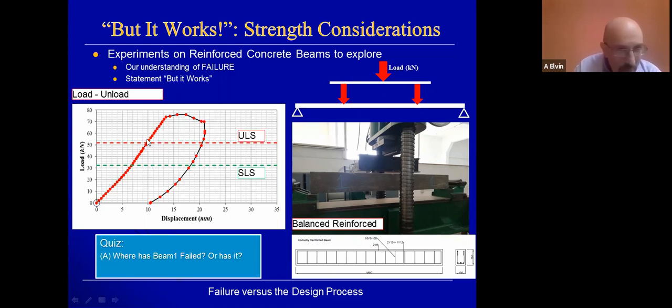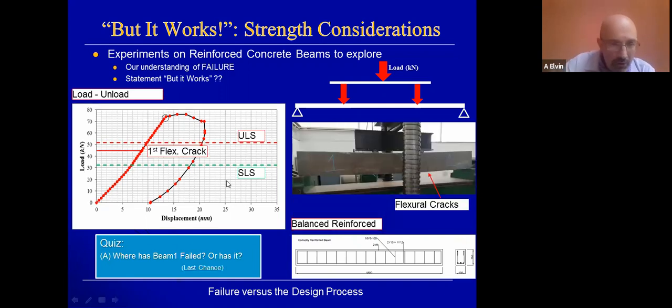$52-ish. You put it here, failure. All right. Anybody else? No. All right, so now let me release another piece of information on you. This is the place where the first flexural crack occurred, the first observable crack. Does that help you to determine